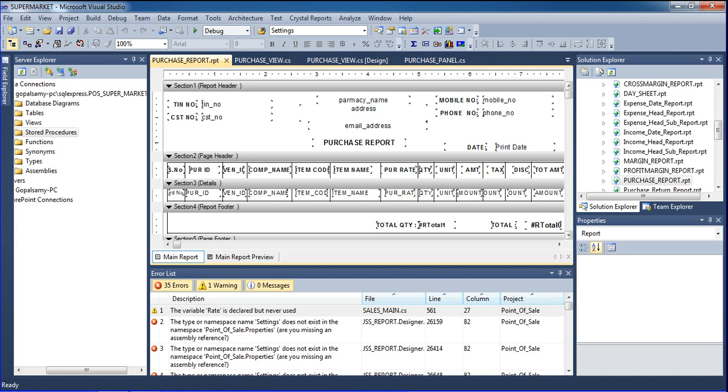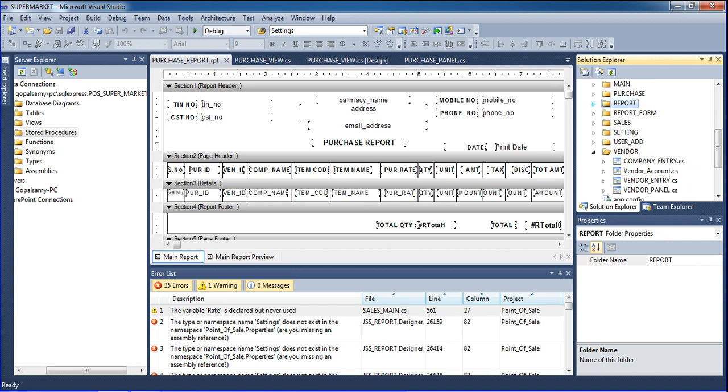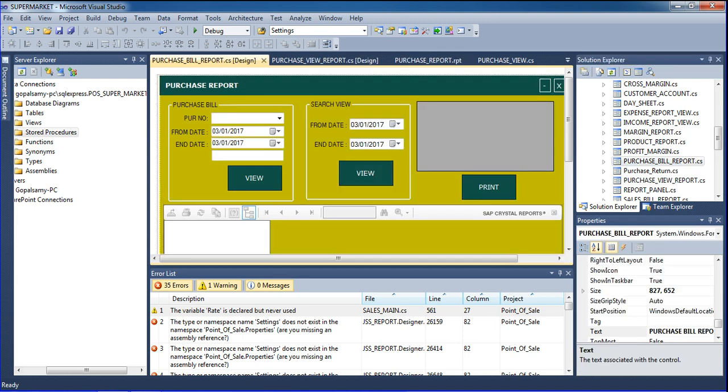design this like this. This is the first condition. So I minimize it, and then I go to this first procedure and complete that, and then second procedure I want to design that form for a report form. So just I go to purchase report. Okay, so just I go to here, purchase view. See, this is purchase view. Sorry, this is purchase report. Okay, so this is purchase bill report.